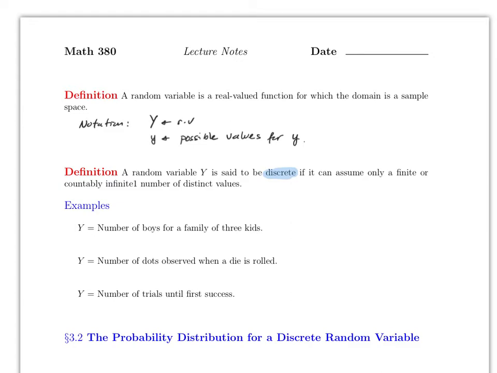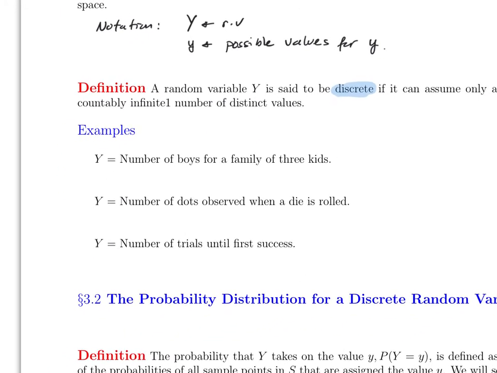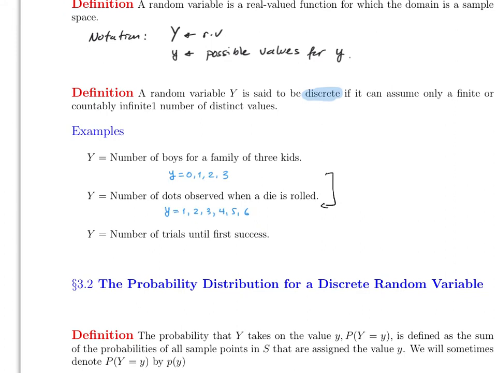All right, let's look at a few examples. The first one will be the following. If a family has 3 kids, so we talked about this example before, but now we're specifically focusing on the number of boys. The possible values would be 0, which means they have 3 girls, or 1 boy, or 2 boys, or 3 boys. So these are the possible values for the random variable. Now, if you roll a single balanced die, the possible values will be 1, 2, 3, 4, 5, and 6. These two examples have a finite